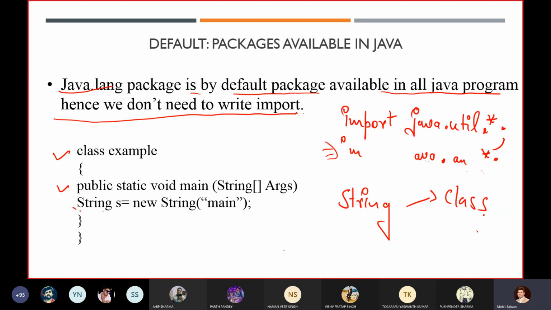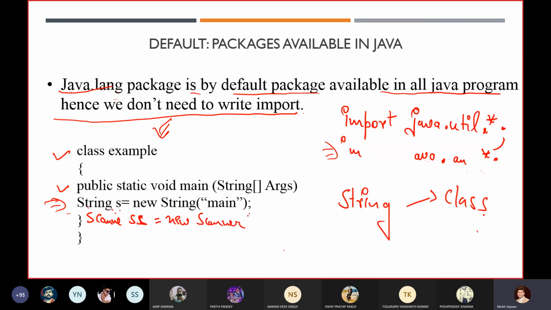But where is this class located? In our program we don't have this String class. This String class is actually located inside the java.lang package. So that is why, always remember, I don't need to import it. By default I'm getting it, so I am able to access it. So what I mean to say is that if I write Scanner sc = new Scanner